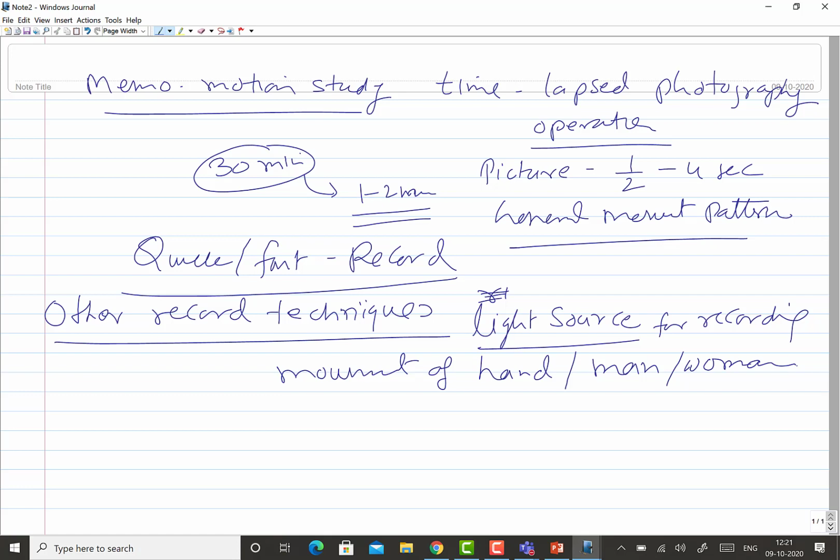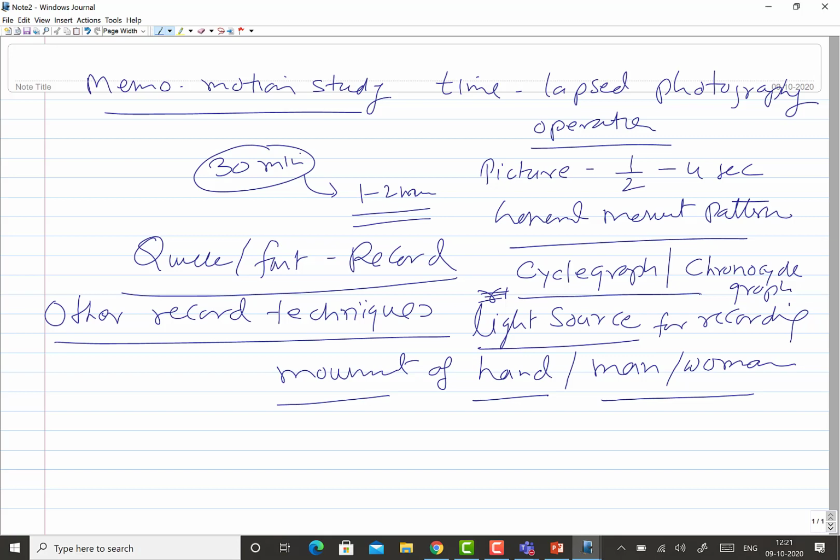So the general pattern of movement of the hands or of the human being during the work is recorded using these two techniques, called cycle graph and chronocycle graph. To a great extent, both are similar, with a little difference.